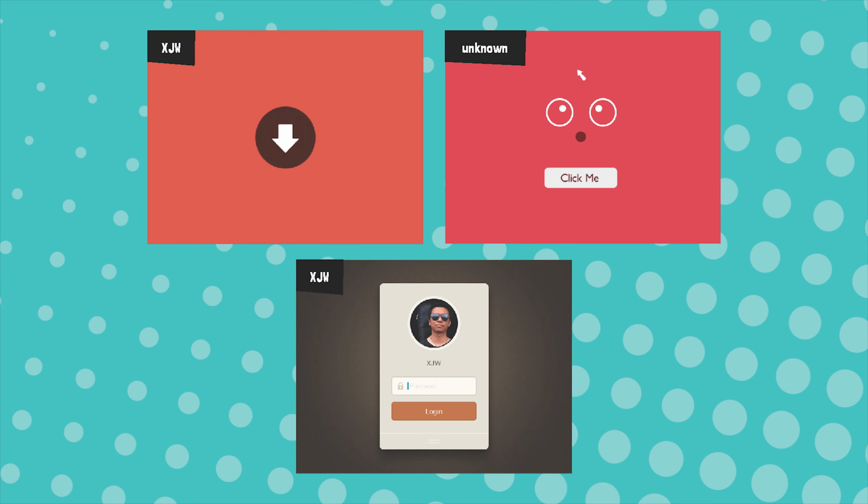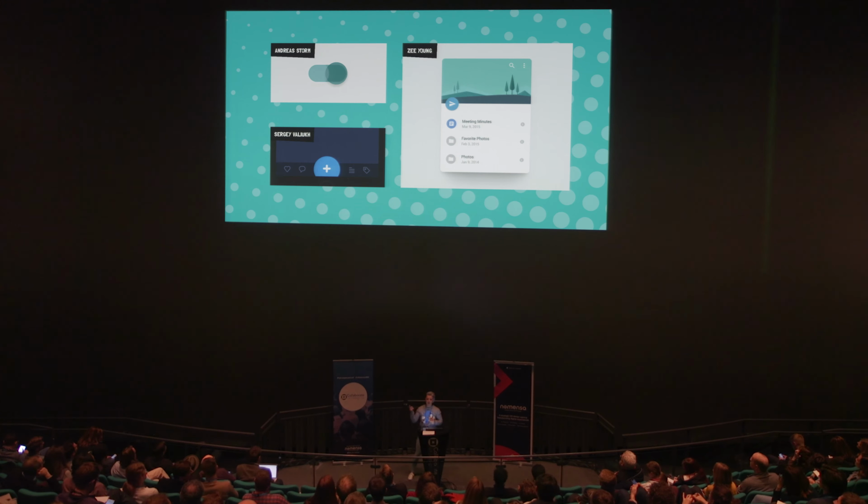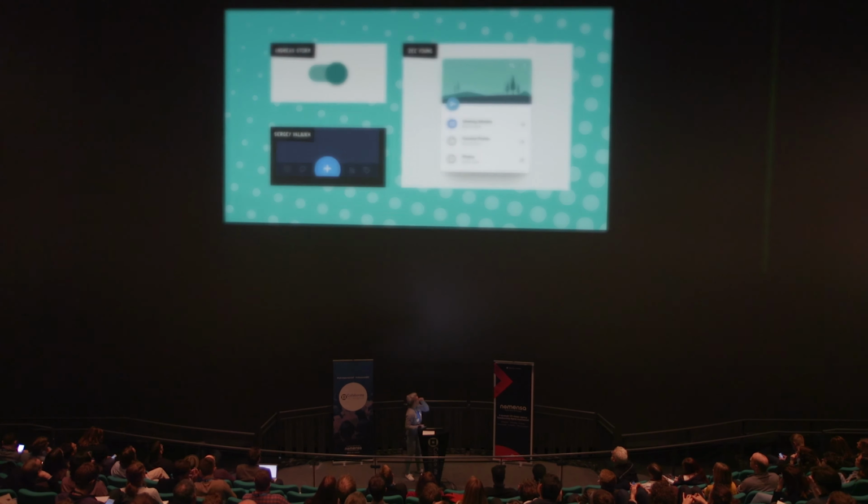And something that reacts to the cursor or your hand is just so charming, and it's always a hit with kids and adults. It's just super cute. I just want to show you what happens on this login form when you type your password incorrectly. It gets physically booted off. It's really cool. And here are some example UI elements that are both beautiful and playful at the same time.